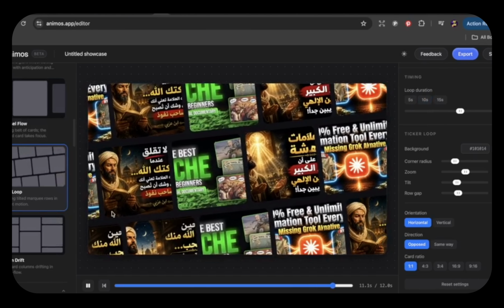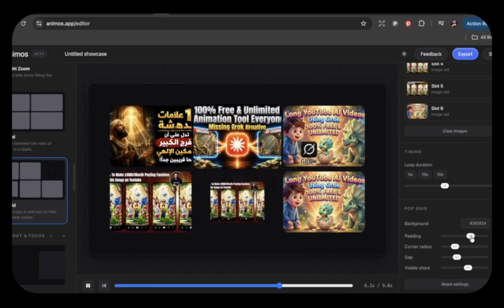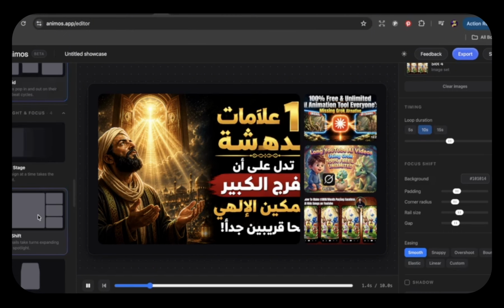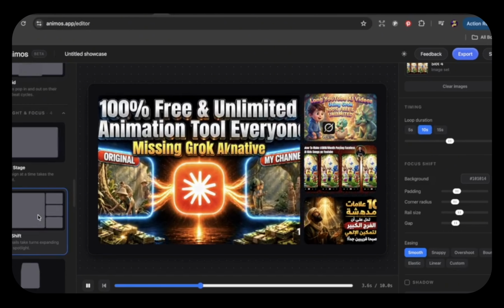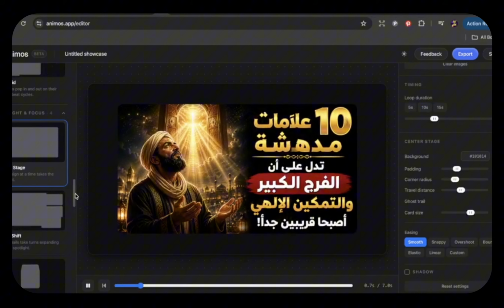Right below that, you can control the spacing between each image, allowing you to bring them closer together or spread them farther apart to achieve a cleaner and more balanced composition. The tool offers a wide variety of different layouts and animation styles. You can experiment with each one until you find the design that perfectly matches the look and feel of your video. For example, you can choose this layout or switch to another one that displays your images in the form